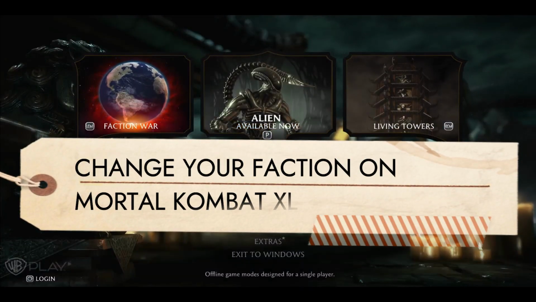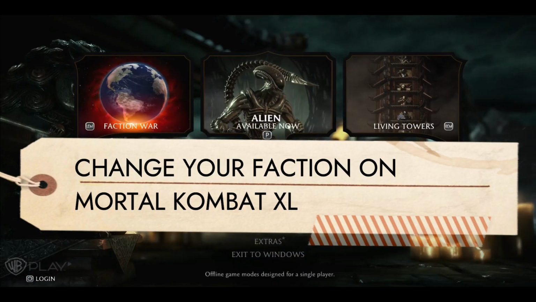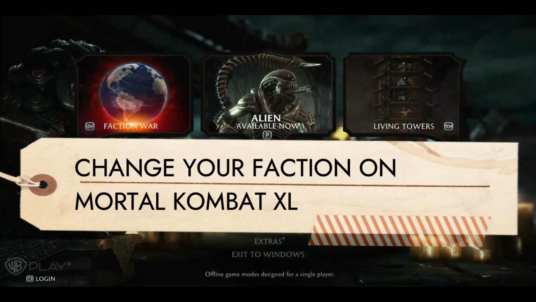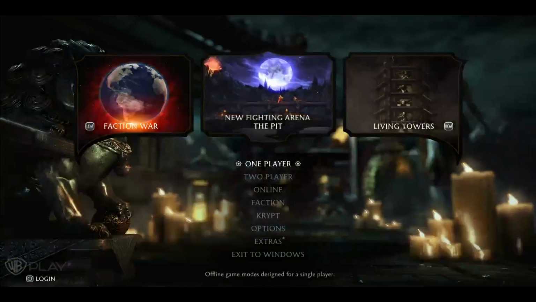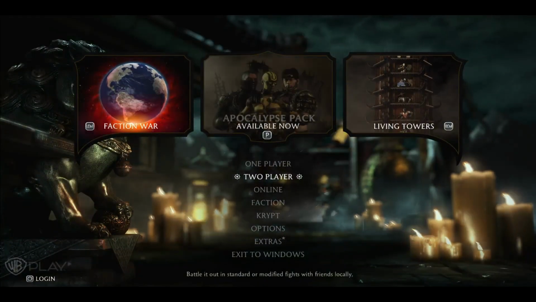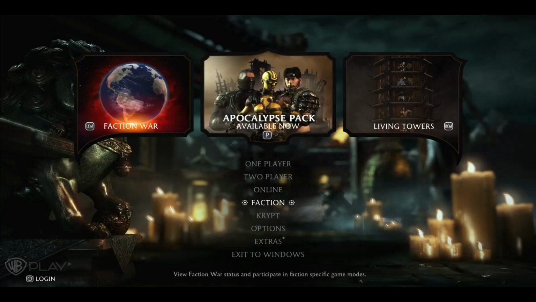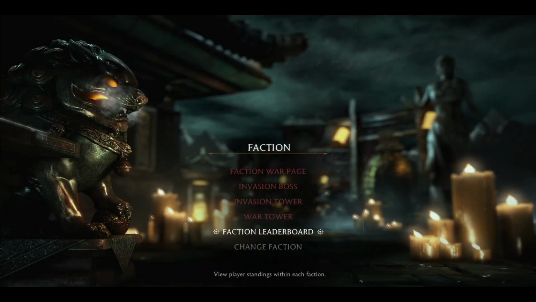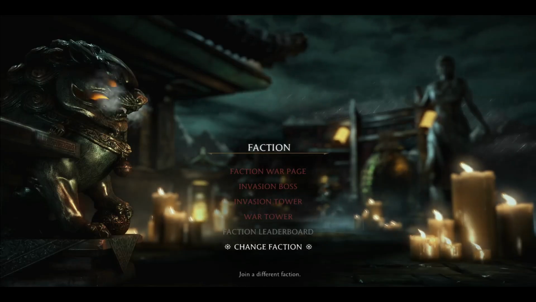In this video, I'm going to show you how you can change your faction on the Mortal Kombat XL game. So let's get started right away. First of all, open up Mortal Kombat XL on your device. And once you are inside the homepage, you will need to go into the faction menu. Once you are inside the faction menu, you can see your faction leaderboard and you can also change your faction